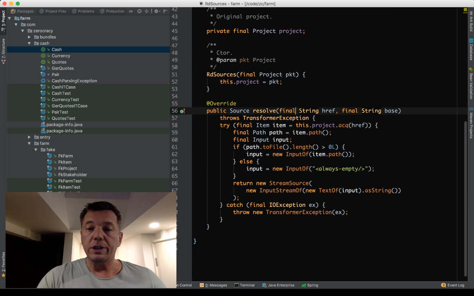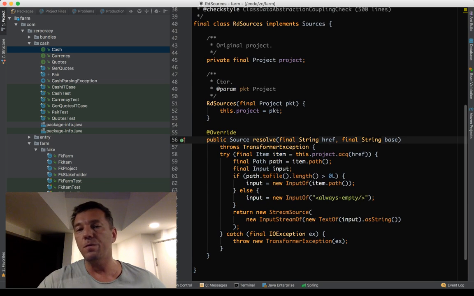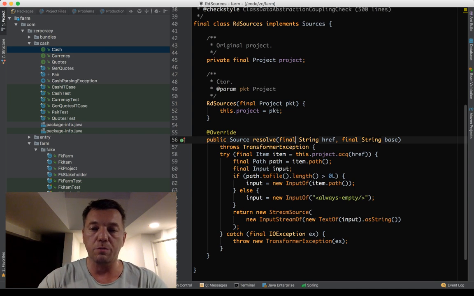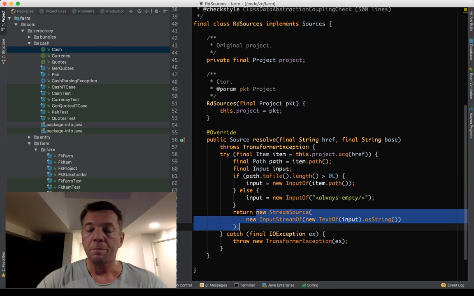So here you can see that the class depends on many other classes. So it cannot work by itself. Like really very rare classes in any languages can just work by themselves. They need other objects. The objects of their objects need other objects in order to function properly. Like in this case, look, we need an item to do something, then we need a path, then we need an input. So we need other objects, we manipulate the objects in order to produce some result, which we return here.